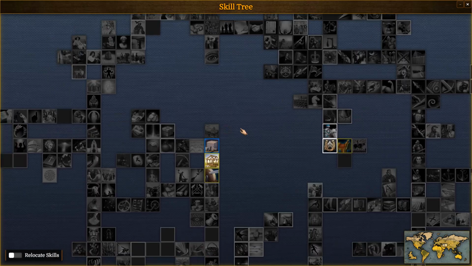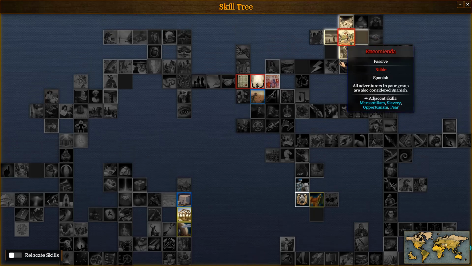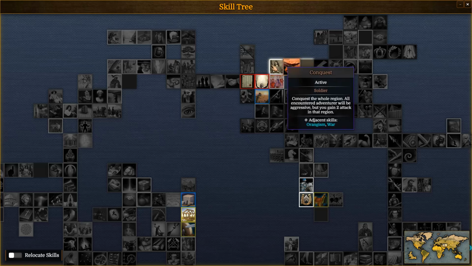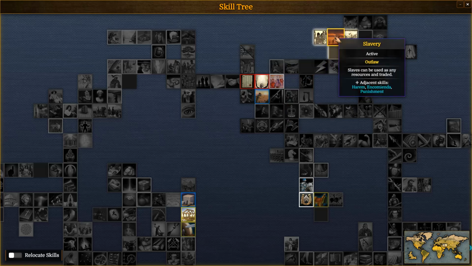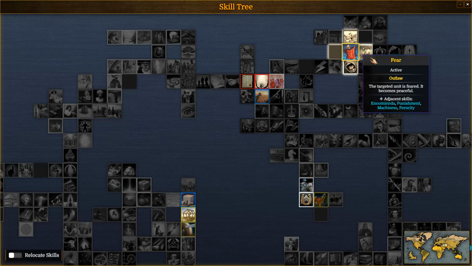So I want it to be a little bit similar here. You see, for example, here at the top, you have the noble skills, like justice, harem, slavery, mercantilism, wealth,